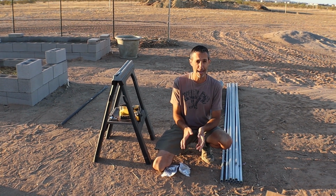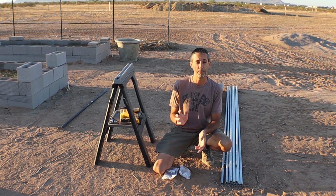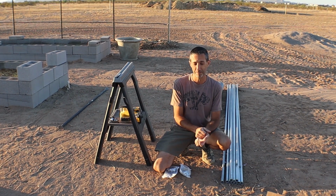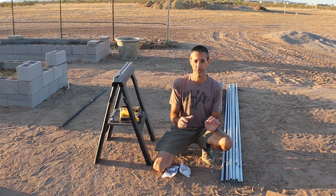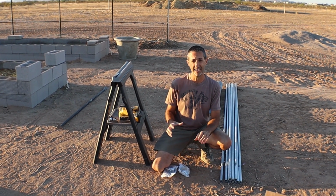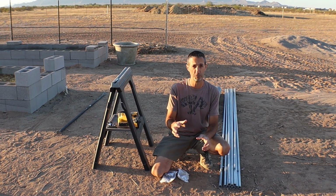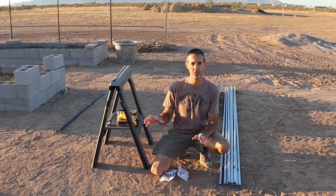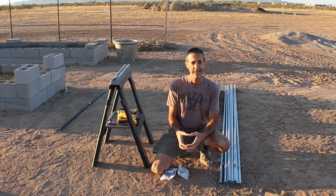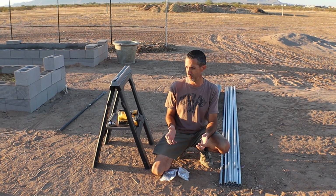We did find that rabbits had a tendency to get up in and eventually chewed through the bird netting. So it's one of the reasons we built these beds a little bit taller. What we also found is the bird netting, the way we had it set up, was bunched up at the ends. And while we were able to get in and do weeding and harvest without a problem, we had some issues with the bird netting being draped on the ground, bunching up. We had a couple of lizards get stuck in there, and unfortunately we lost a few lizards,